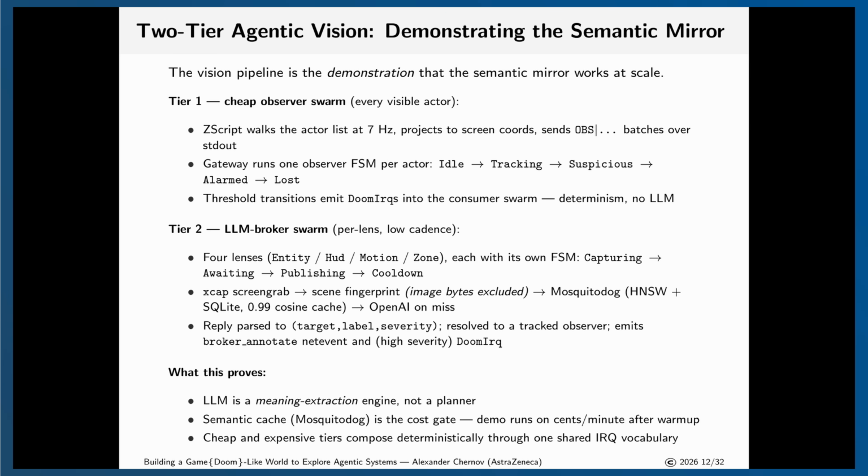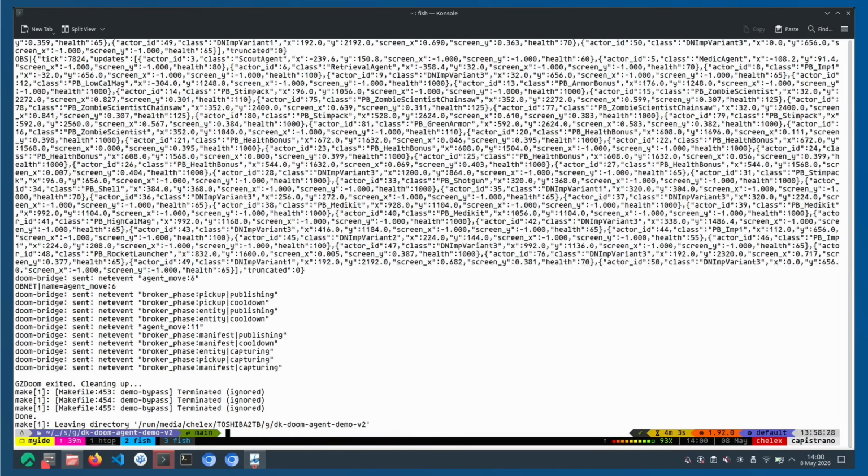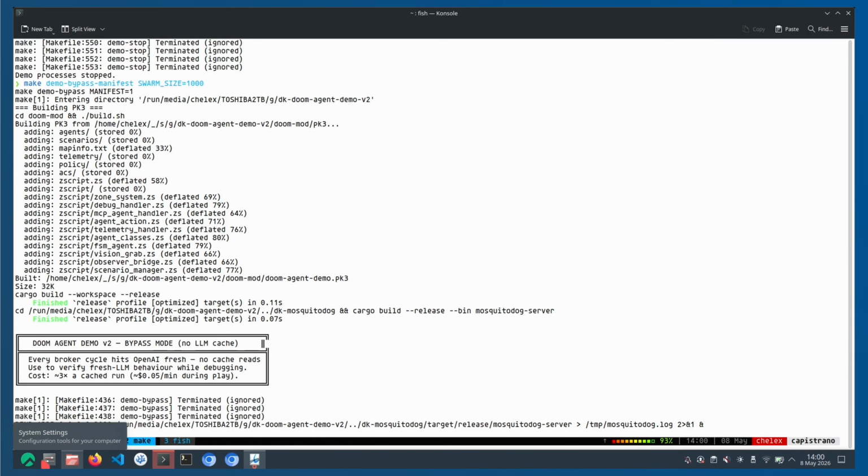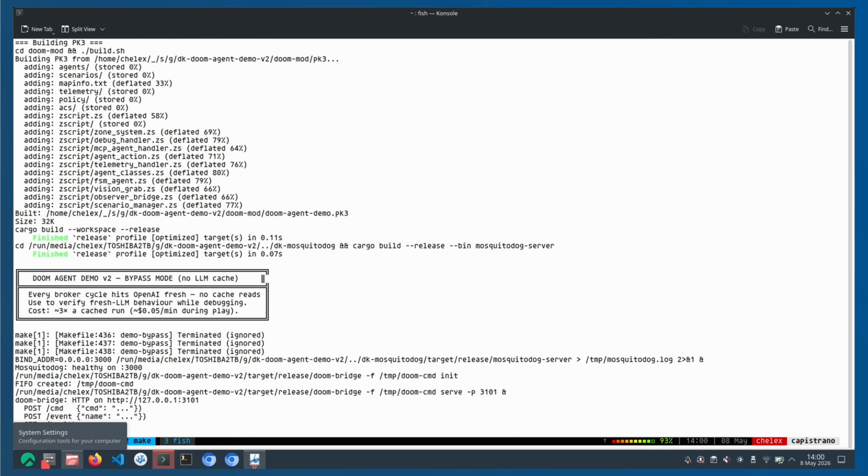And why do we have two-tier agentic vision? Because one is faster, another one is slower. Obviously LLM is slower, so we separate whatever we can do without LLM. We push through the first tier whatever we can, and whatever has to go through the second tier, we push through the LLM. They're 2 different aspects of the game. So I will show it in the control plane.